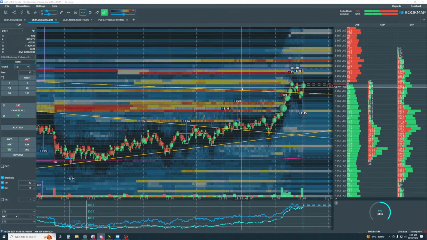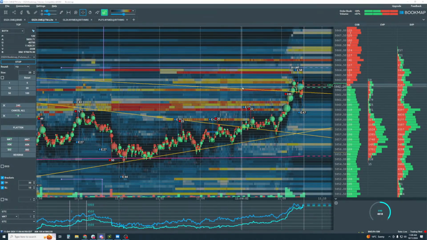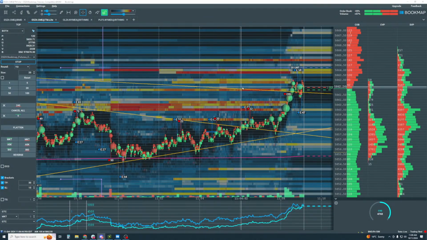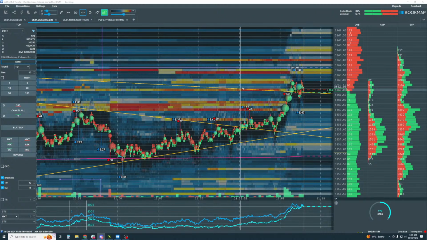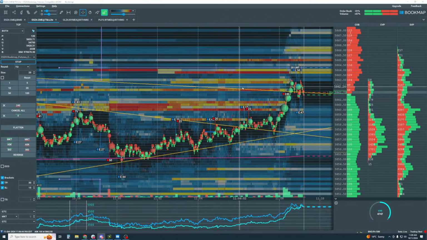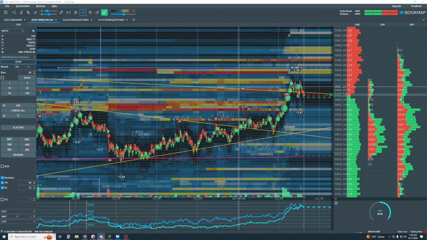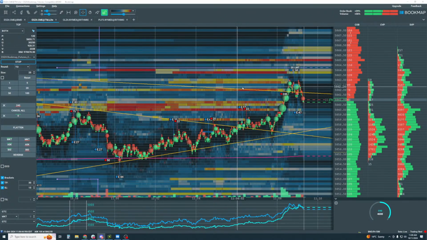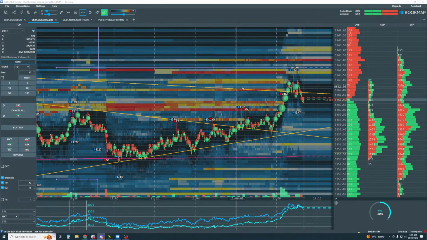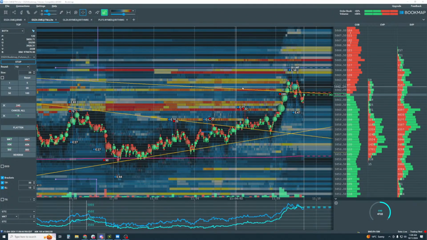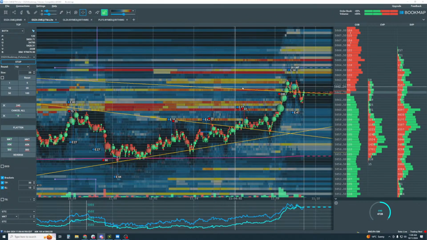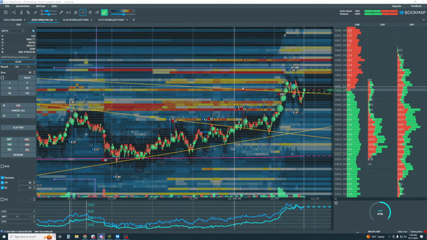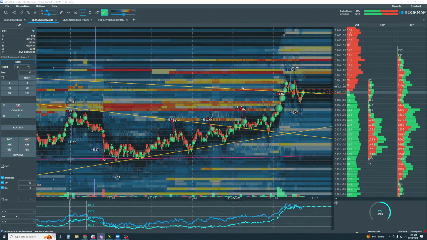That's another thing I want to cover in here: support and resistance, and supply and demand. They are two different things. We've talked about it many times, but just to make sure we're using the proper terminology, understand that support and resistance is based off of swings. Okay, it's not supply and demand. It's just based off the price action.